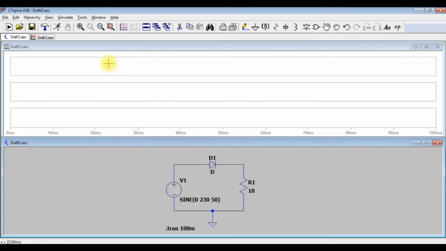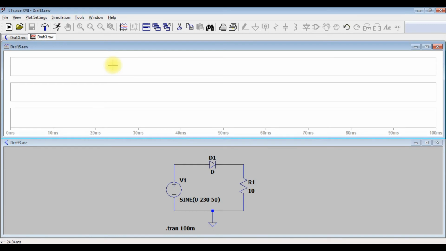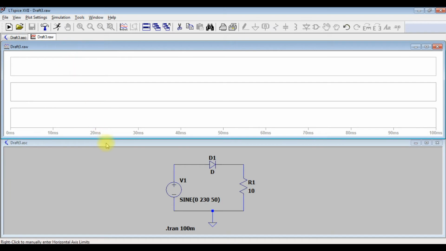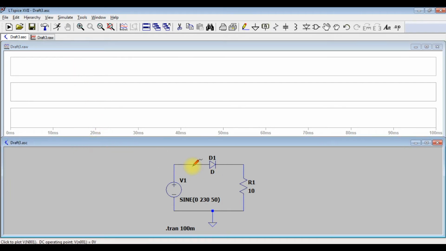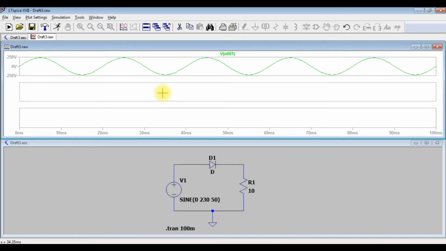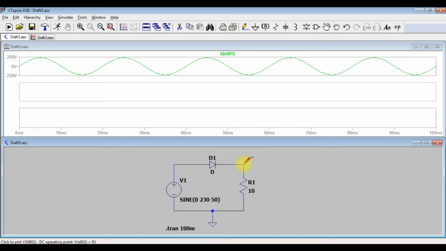So the plot which you select will be taken into account while you are going to place the meter here. So I simply click on this one. I will go here and select this one, then move. Right, you have to switch between the windows. First you select this one, select here, come back here, click on this window, then place your probe here. So it is showing you the AC input voltage waveform. Now you can go and select this one and come back and select this window again, place the voltmeter here. So you are seeing the output voltage here.